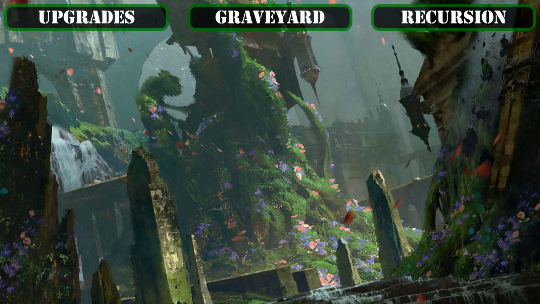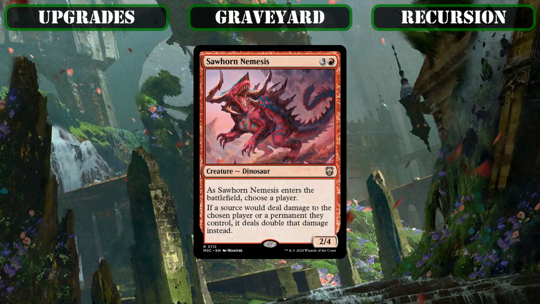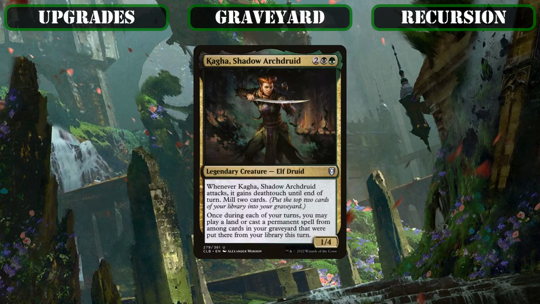Then, as our last 2 self-milling and recursion pieces, we'll be letting go of Sawhorn Nemesis, whose player-specific damage doubling can be powerful, but isn't really necessary here, since we can increase our damage against all our opponents by simply building up our graveyard in this build, to bring in Kaga Shadow Archdruid, whose on-attack self-mill and self-death touch granting